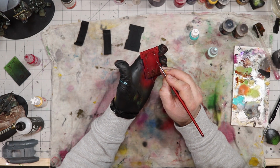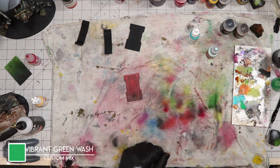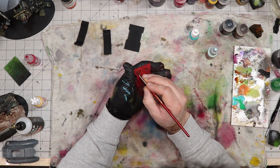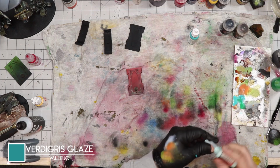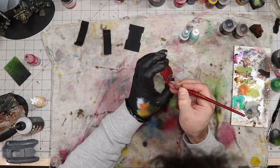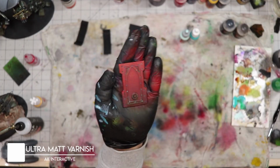But still, to give it a little extra colour variation, I grab another paint mix that I commonly use. This time, it's a vibrant green mixed with some flow improver and thinner. I apply this similarly to the previous blue-green. And finally, I use some verdigris glaze from Vallejo very sparingly in some of the deepest recesses just to really push that contrast. Relatively happy with the results, I now give everything a solid coat of ultramatte from AK to